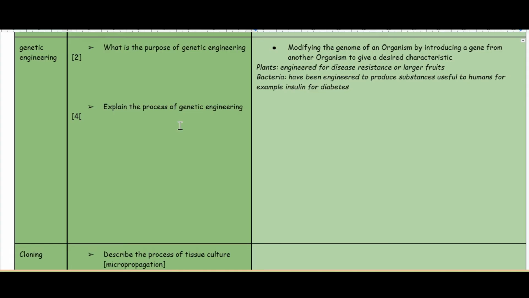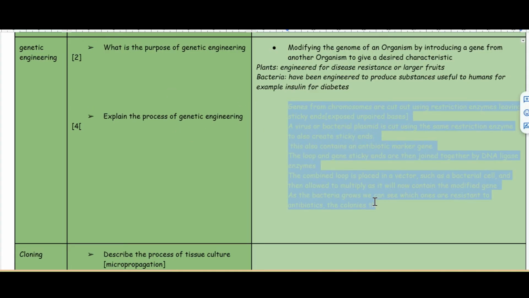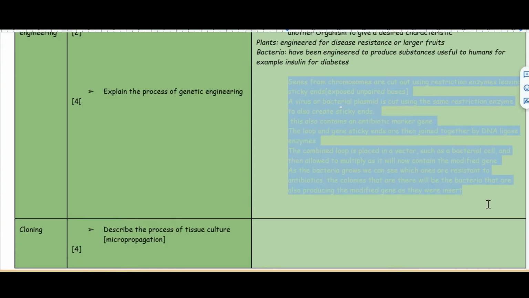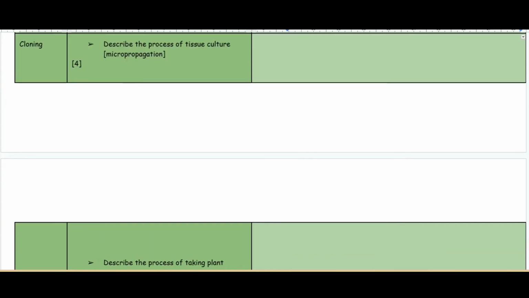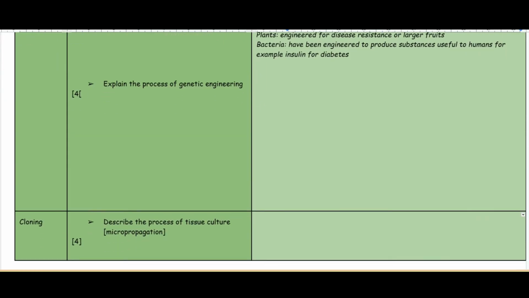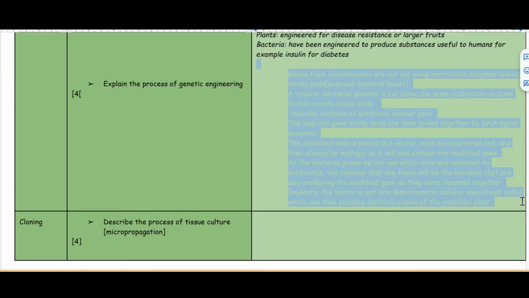The next question, explain the process of genetic engineering. So this is obviously very well and thoroughly explained, but because it's a full marker, you don't have to put everything, but I would recommend putting as many as you can because you can't get demarked if you put something wrong. So